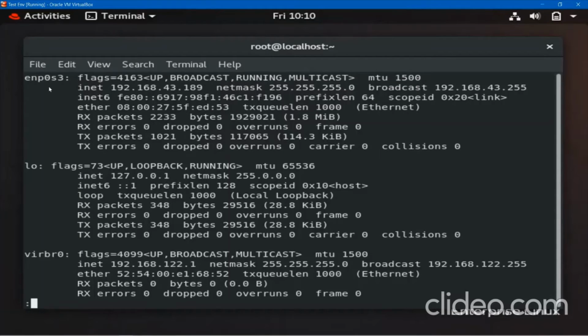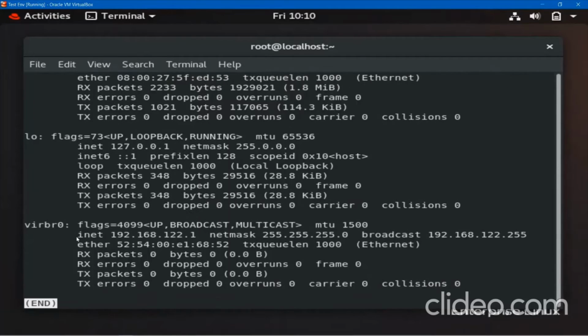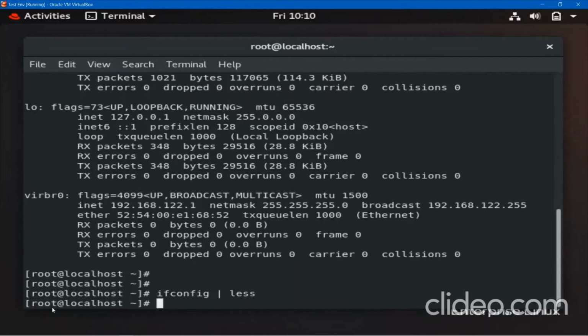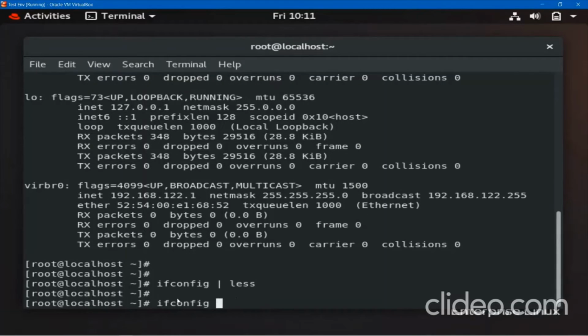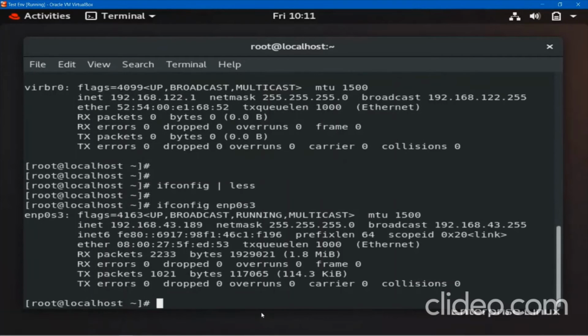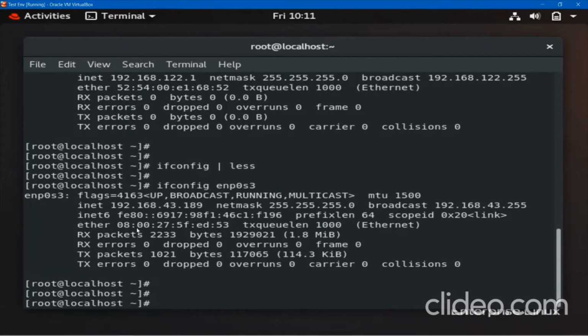So the IP is 192.168.43.189. We are not interested in the others right now. Just press Q. See here, the output completely vanished. I'm interested in seeing only the same network card, ENP0S3. I can give the network card name here and see just the simple output for that only. From now onwards, when I want to see my IP address, I will use this command, ifconfig ENP0S3. This is the network card name. Okay, got it. So what is the next command?